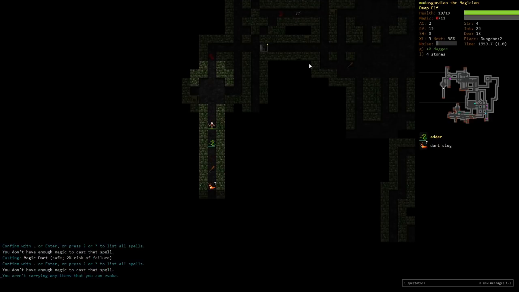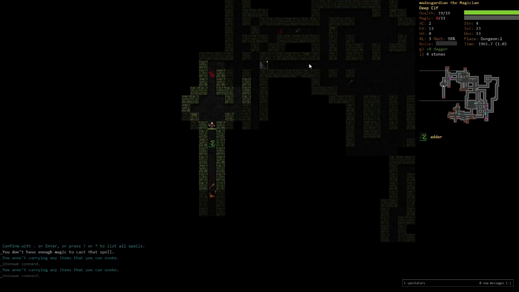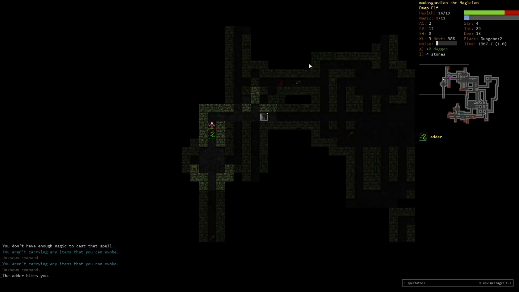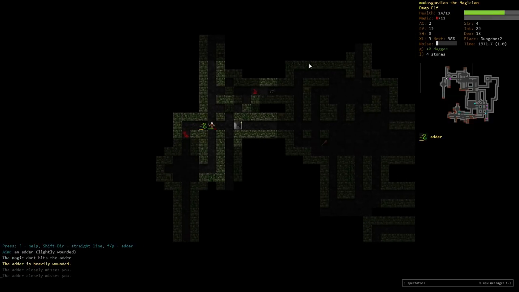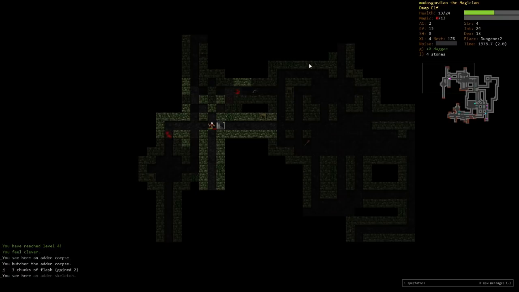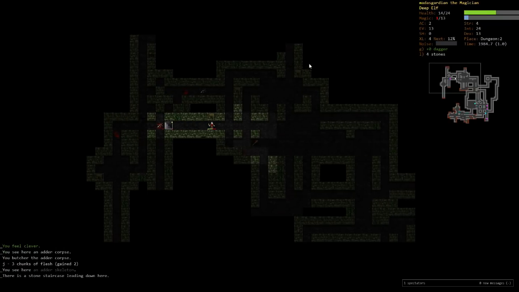Oh good. We have an adder bearing down on us with no magic points. We do have a dagger. So they are fast. He's going to catch up with us any second. Yeah, here we go. And they're also very evasive, but we did hit him there. Okay, good. So we're up to level 4, and we feel clever. So we got another